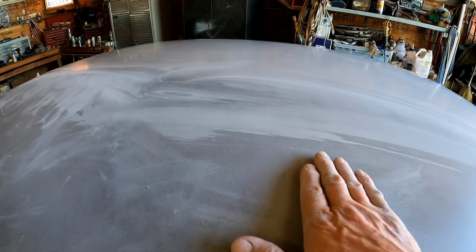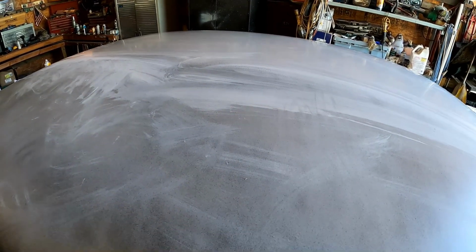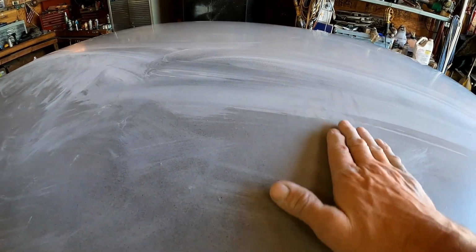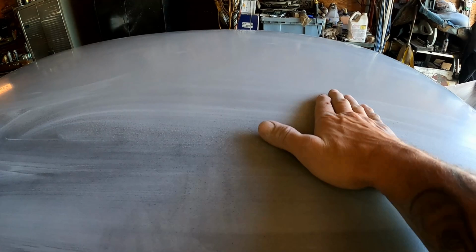So this is what we started out with. I wish you could feel it. It's just a rough texture, as you can imagine when you first spray out primer. It's not gonna be super smooth. I mean, it feels fine, don't get me wrong. But then when you get over here and it's just like, whoa,